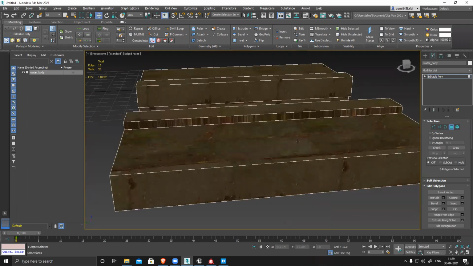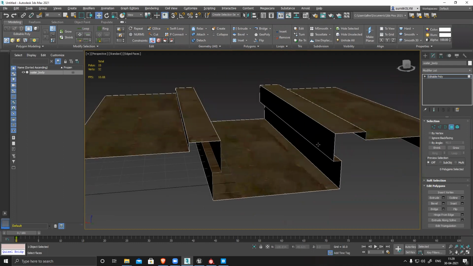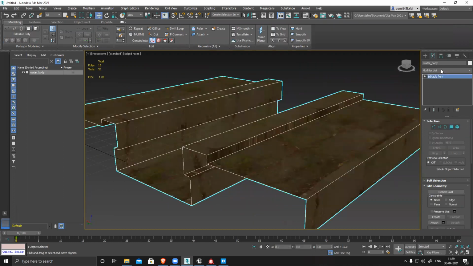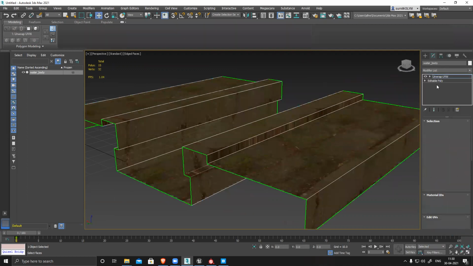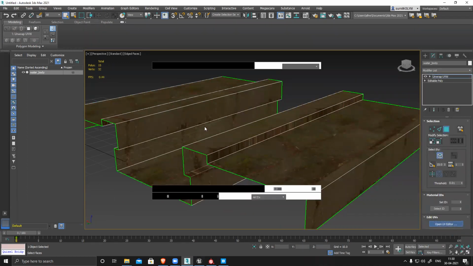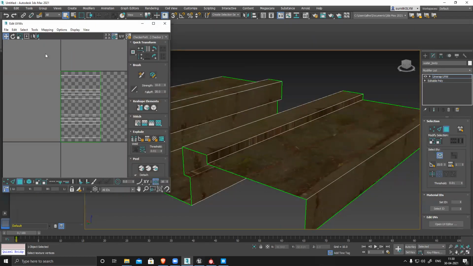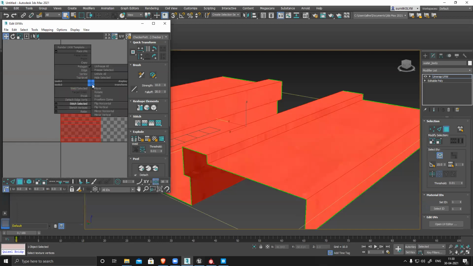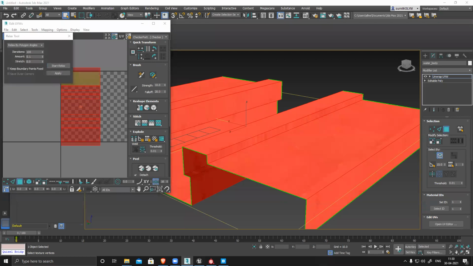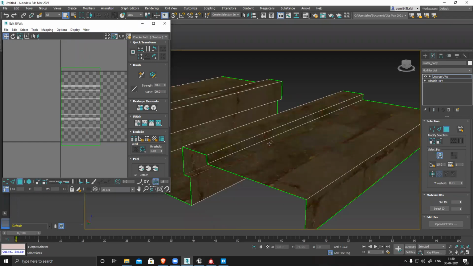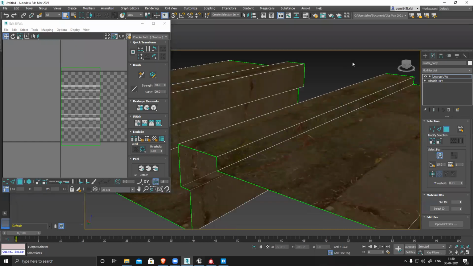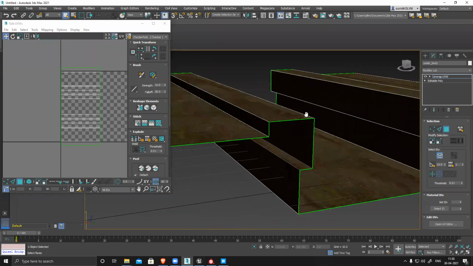So I basically modified the model based on the texture. Again, I'll go to UV. And if I want, I can obviously relax it. Relax it, but you can see change the direction, this thing, position.